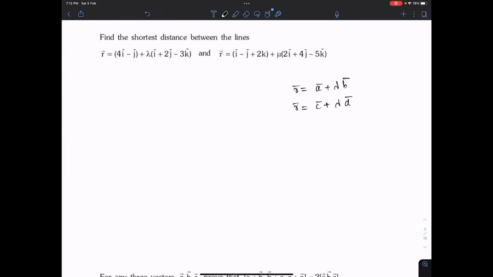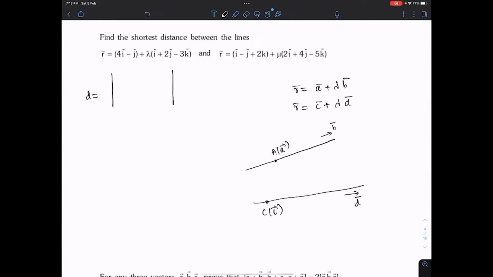What does it mean? First, understand it like this, it will be easy. First line, what is the direction of the first line? B bar. What is the point on the first line? A bar. Visually, I am showing you. I will write the formula now. What is the point on the second line? C bar. What is the direction of the second line? D bar. Now, when it comes to the formula, the shortest distance is simply the determinant of,